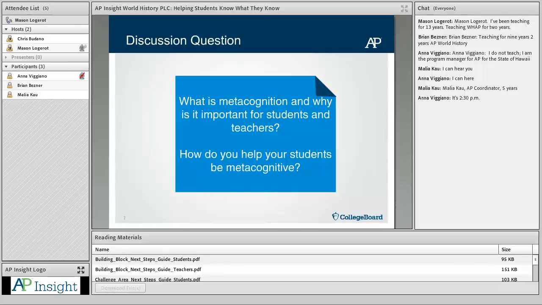So let me open up to discussion about metacognition. What does metacognition mean to you? And then why do you think it's important for students and teachers? Well, for me, metacognition really is a student's ability to understand their own thought process. Really how they learn: is it through mnemonic devices? Is it through rote memorization? Is it through writing things down? Any one of those things for me is metacognition, and I think it's important for students to understand that, but